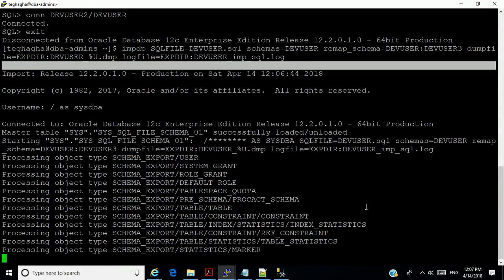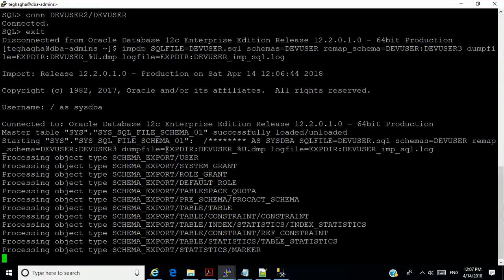Now there's a problem here, I did not specify the export directory for the file. So I have to go and look for the file, and I know it's going to be dumped most probably in the default directory.